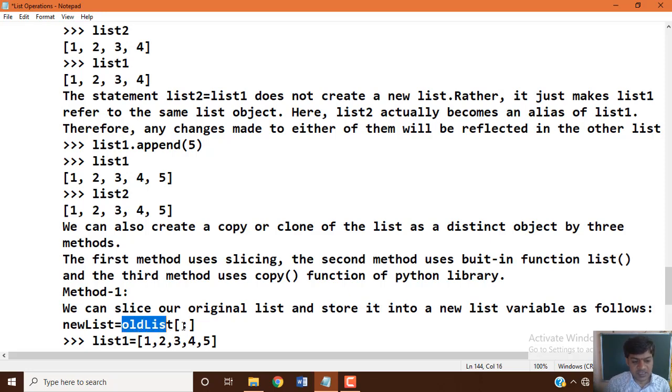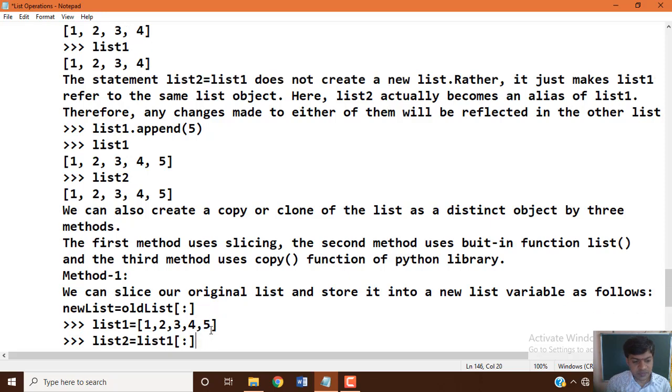Here we didn't specify start and stop, which means the complete data items that this old list variable contains will be assigned to the new list variable. This is the basic syntax format you can use for slice.